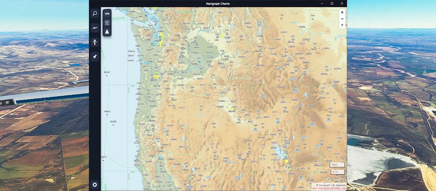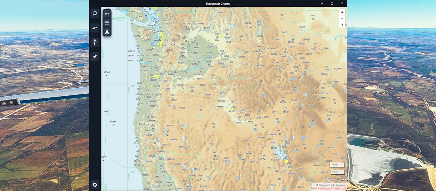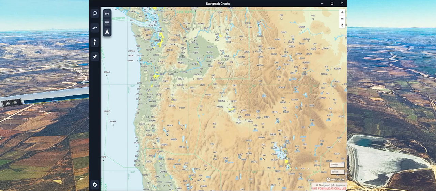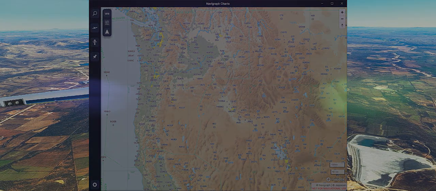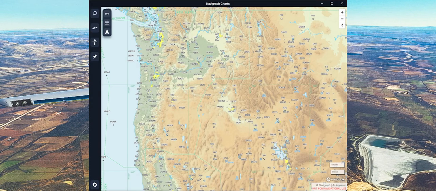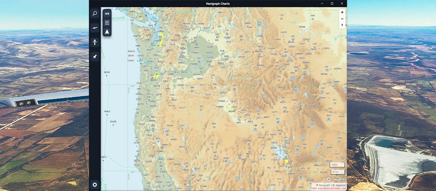Essentially, I'm just going to do a quick overview of the new Navigraph 8 update that has been released. The update is for VFR flying, visual flight rules flying. They've changed a lot and added a lot of cool, neat features. And like I said, I'm just going to dive into a couple of the very basic things that you'll see